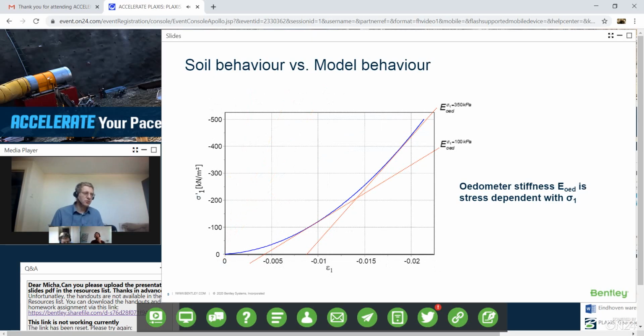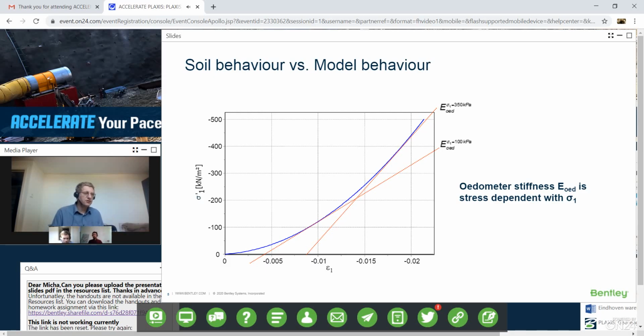We can do the same for an odometer test. In this case, I don't have to do 3 tests. I can just do 1. It's a slightly alternative presentation, so it's not on logarithmic scale. It's also now having strain on the horizontal axis and vertical stress on the vertical axis instead of the other way around. As I said, it's also a linear scale. But if I make this graph, then